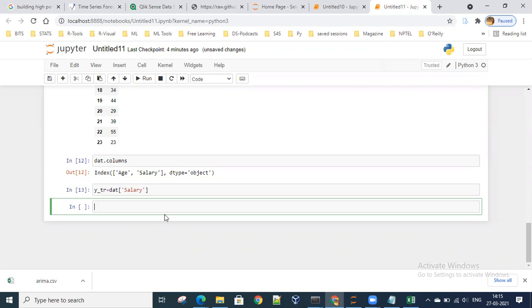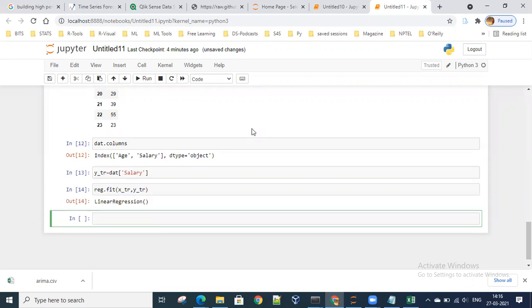I'll say reg.fit(x_train, y_train). So I've been fitting this model here. I'll say shift enter. So the linear regression model has been made.